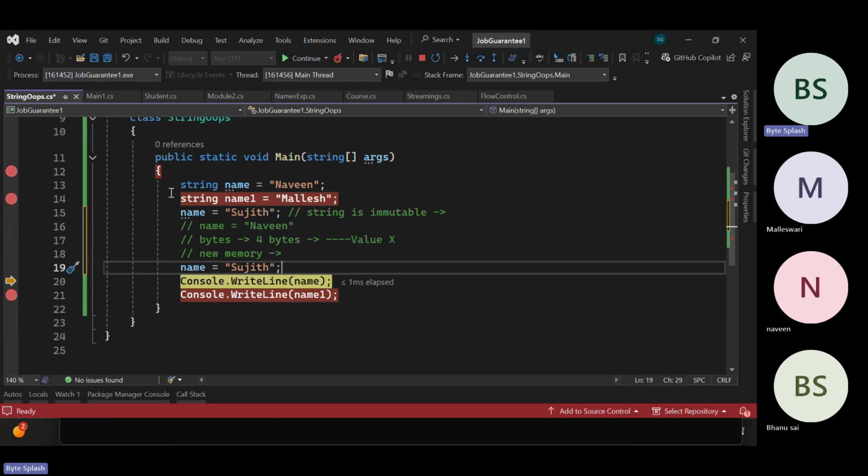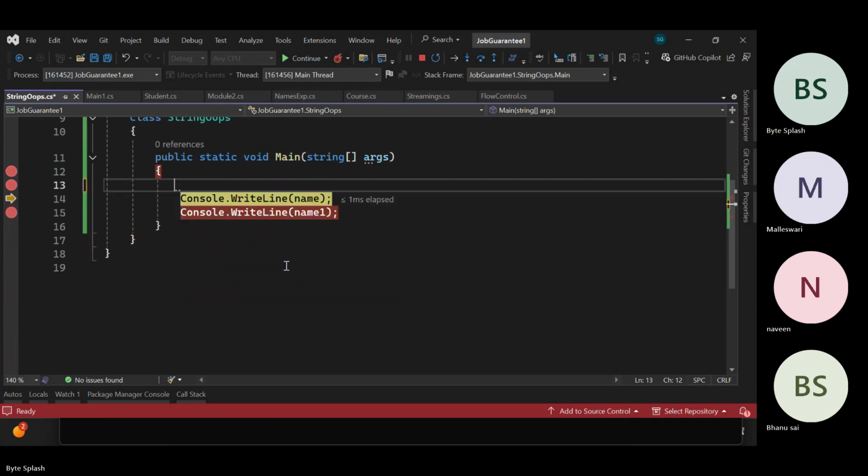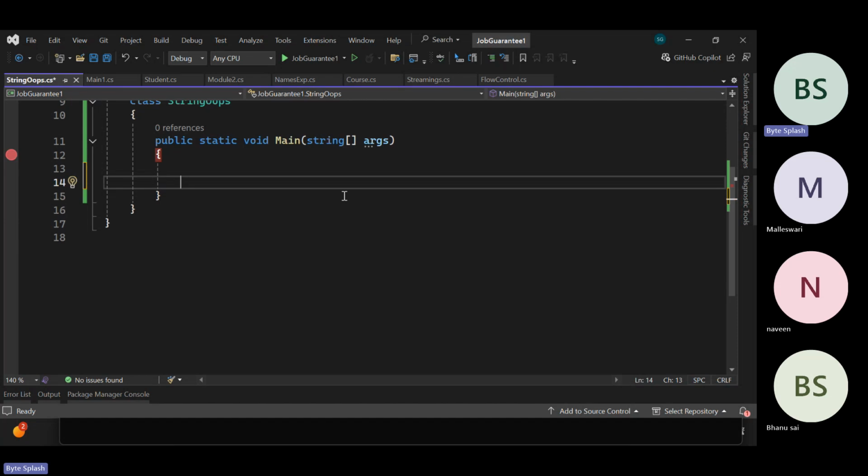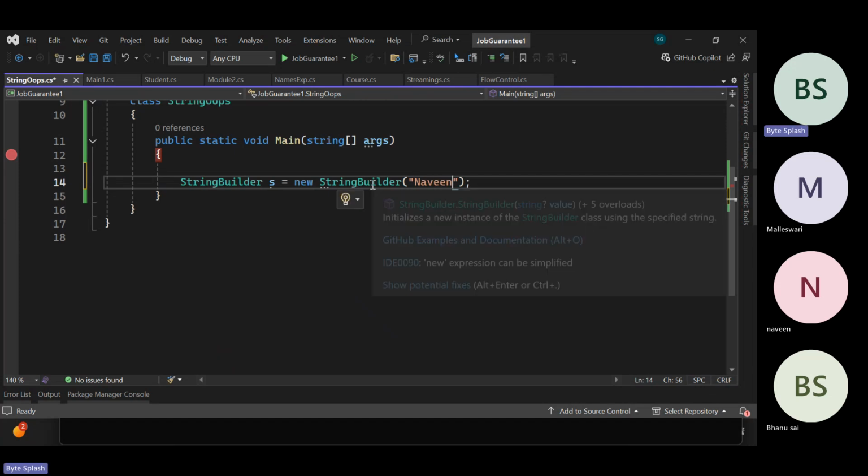That is not memory efficient. You got it? It is not efficient in memory allocation because every time you try to assign some value, it will create new references. You got my point? For that, we have mutable strings. What are mutable strings? We have classes like StringBuilder, equal to new StringBuilder. You can try to change Naveen because it's a class. It will take the